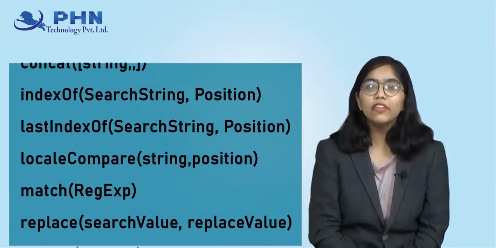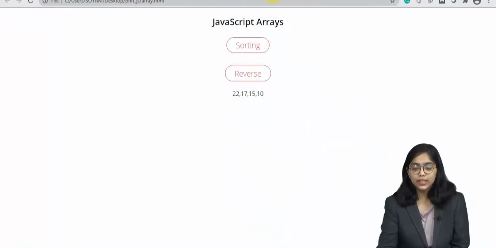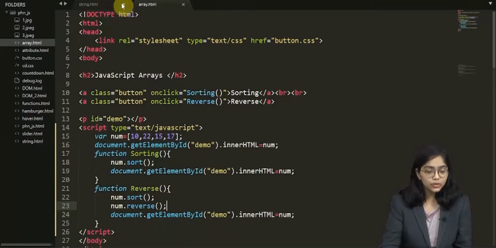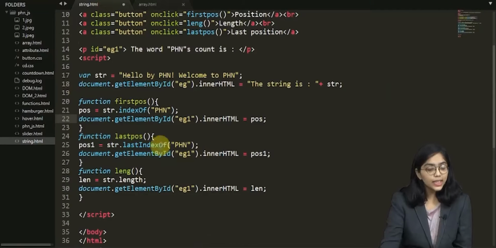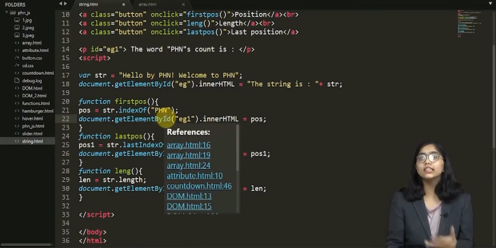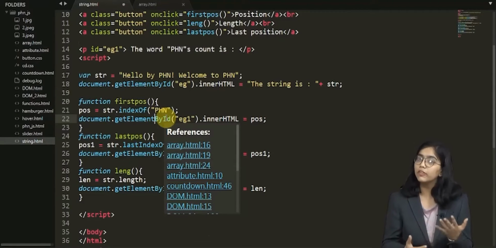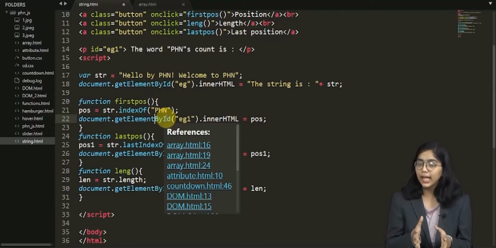Now let's talk about the strings. Even strings have the same kind of functioning, and they also have methods like these. Some of the methods are shown in the code itself. Now you can see there is a lot of indexOf. What does indexOf mean? Index means the position. In a string we are going to show the position of a particular thing, the length and the last position of a particular element.